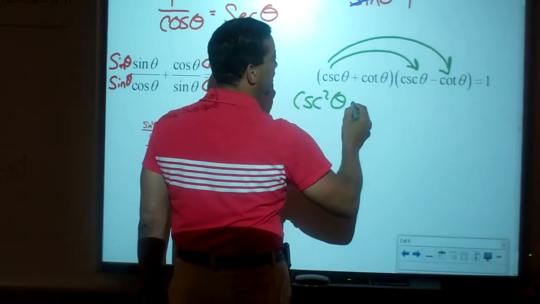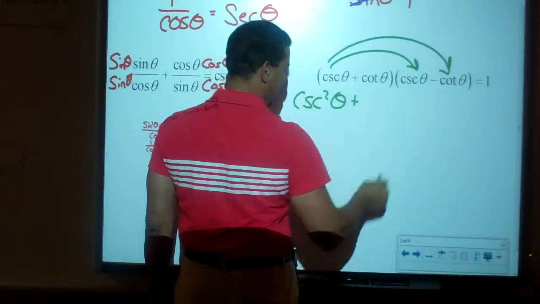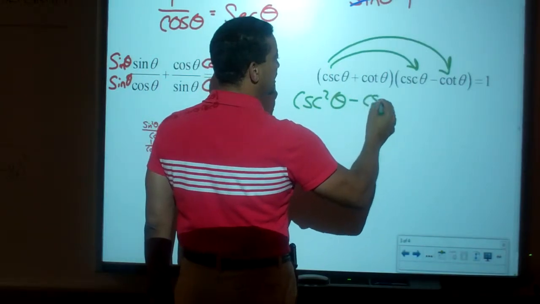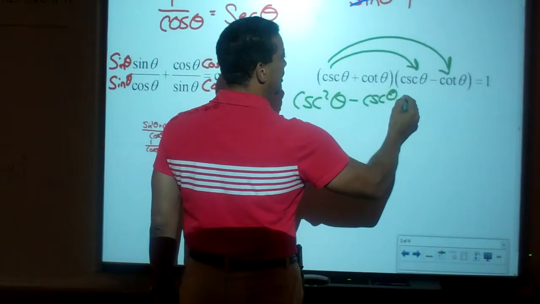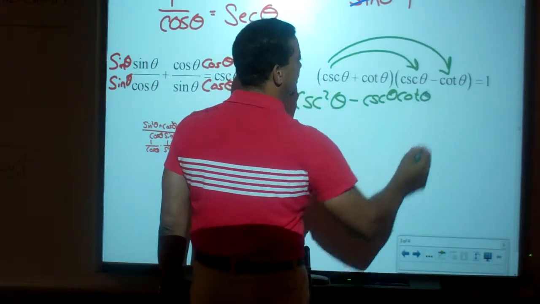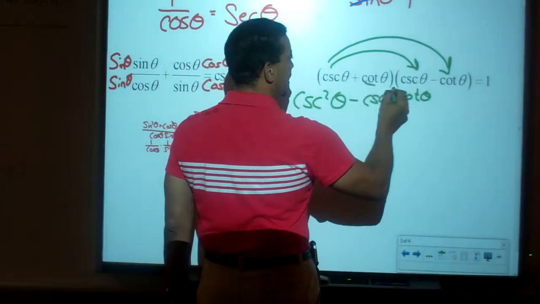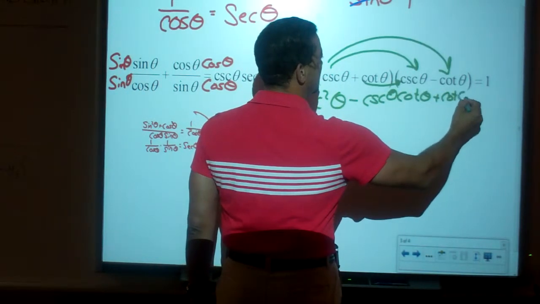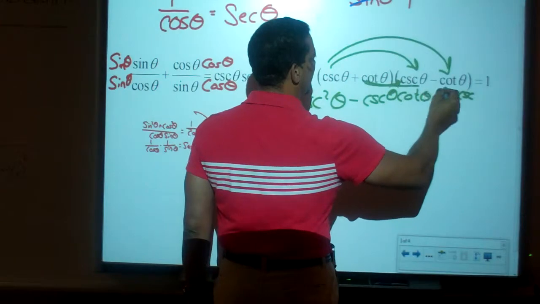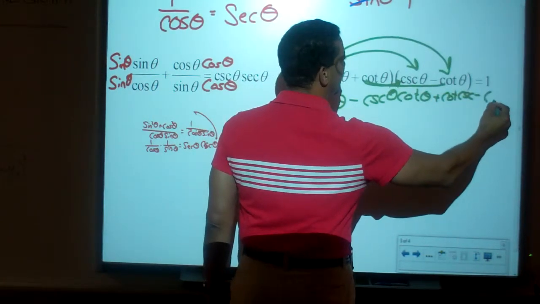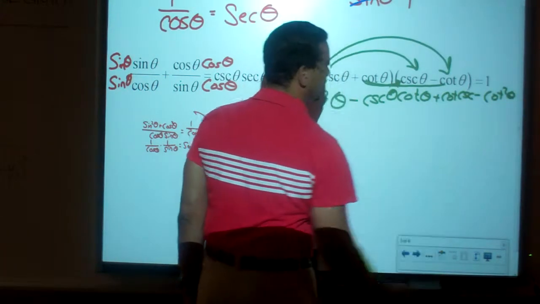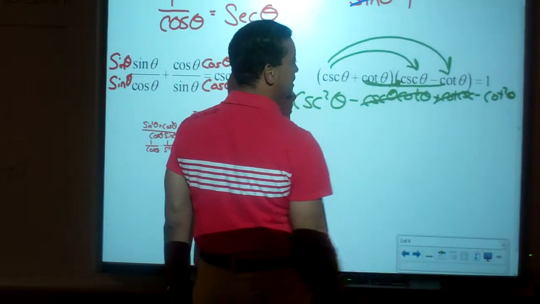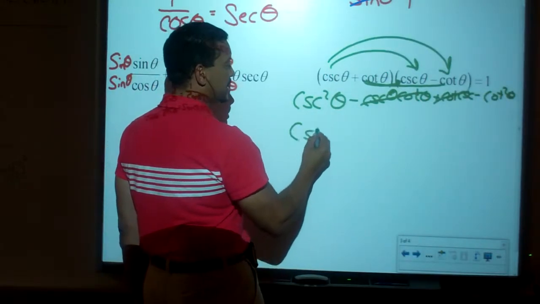Over here, we get minus, because we got a negative, cosecant theta cotangent theta. We multiply here and here, we get cotangent theta cosecant theta, and if we multiply here and here, we get negative cotangent squared theta. Now notice the middles are going to cancel out because they're opposites, so that's going to leave us with cosecant squared